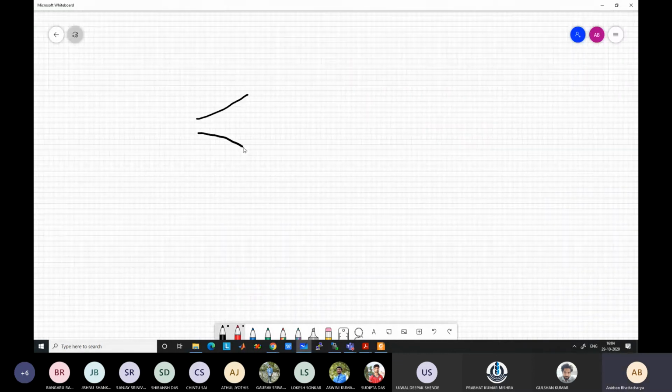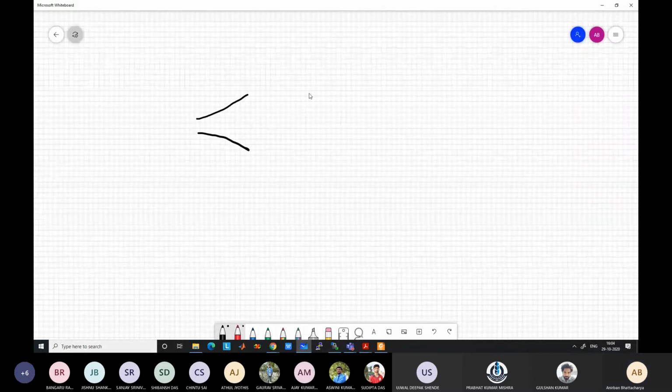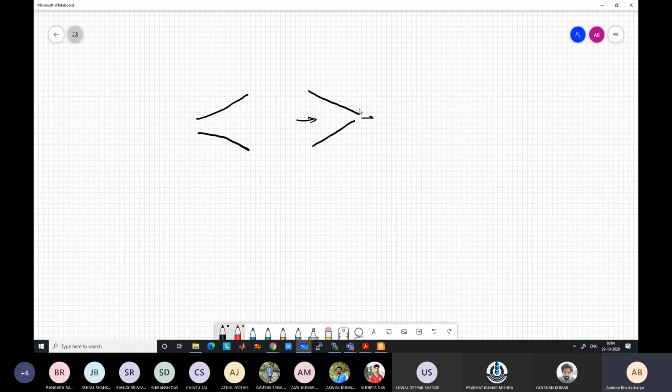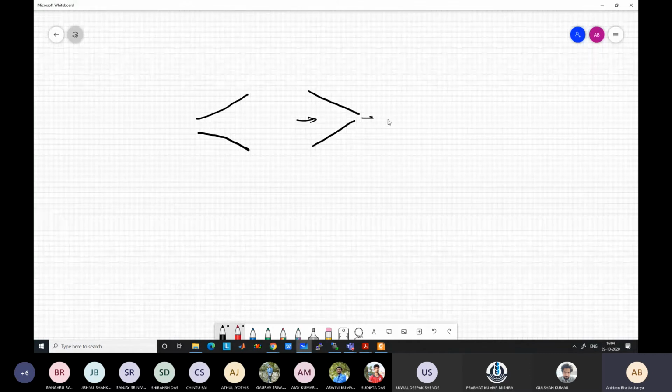this is a subsonic diffuser. Velocity decreases if the inlet velocity is less than Mach 1. This is a supersonic diffuser. This also causes the velocity to decrease if the inlet velocity is greater than Mach 1. And at the outlet also, velocity can never go below Mach 1 in this case. It has to be greater than Mach 1, otherwise it will get choked. And if you want to go from supersonic to subsonic, you need a diffuser like this.